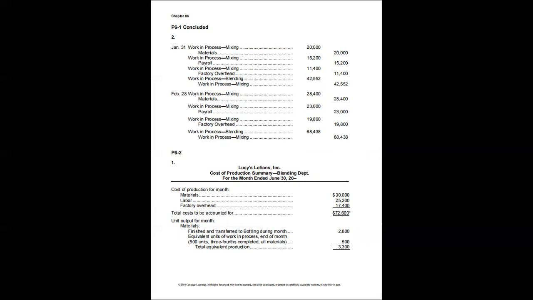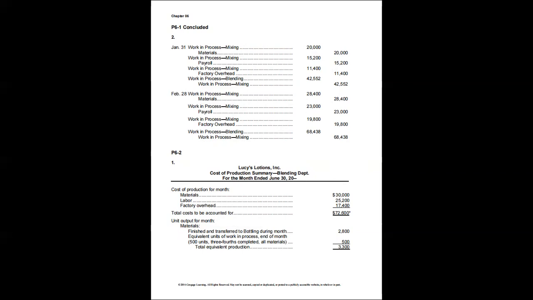No units were in process at the beginning of June. Goods finished in blending are transferred to bottling for further processing. So we have now the cost of materials, labor, and factory overhead for June and July. And we have the finished and transferred to bottling, work in process at the end of the month, and stage of completion. So now for 6.2, in the cost of production report for June 30,